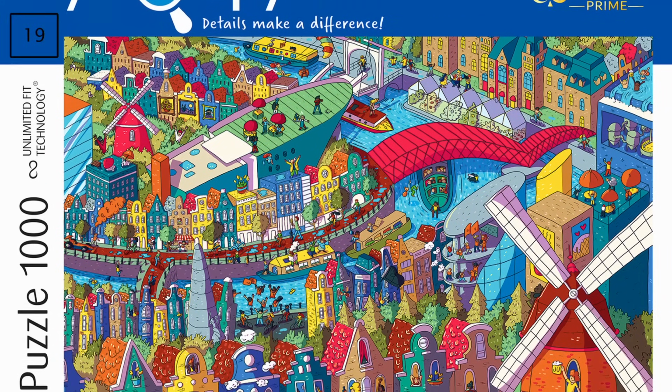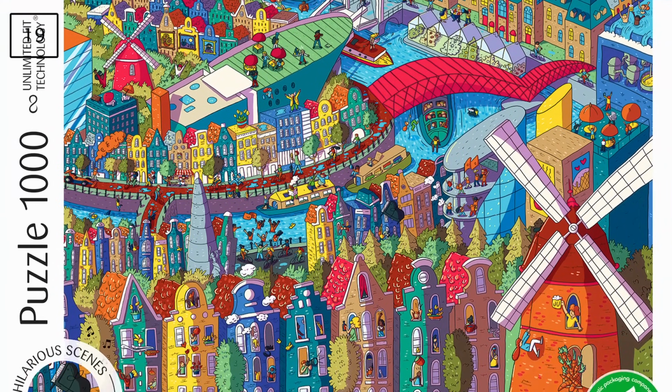So I didn't really know where to put it because it wasn't a competition puzzle, it was not gifted to me. I didn't really buy it, so it's just there. The first puzzle is a 1000-piece puzzle by Trefl, and the title of this one is Sneaky